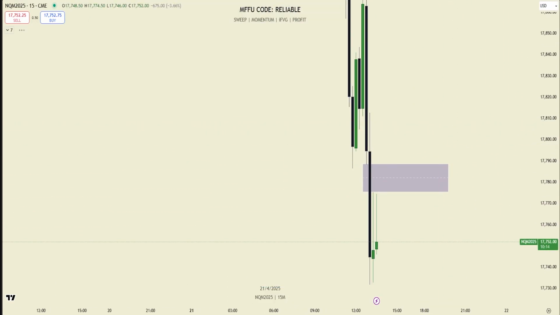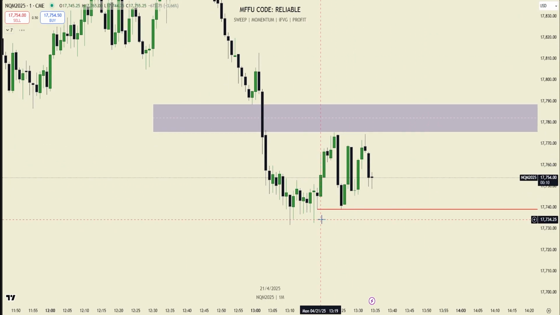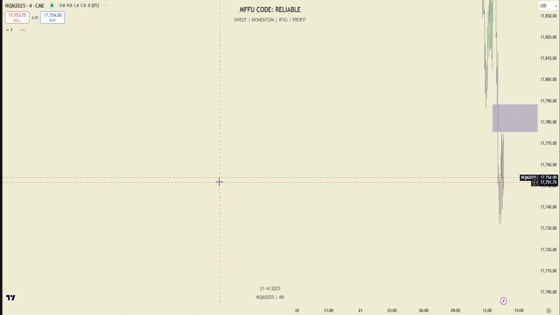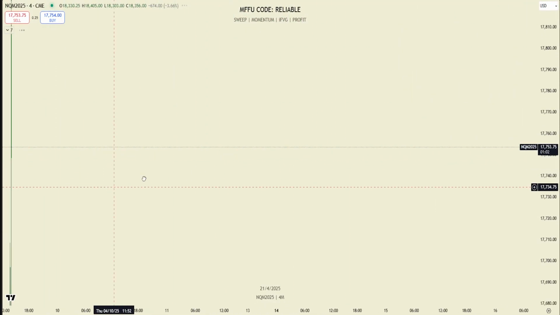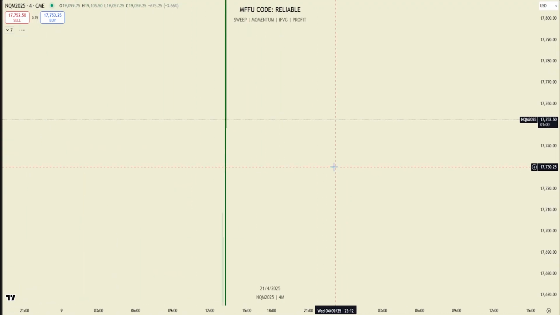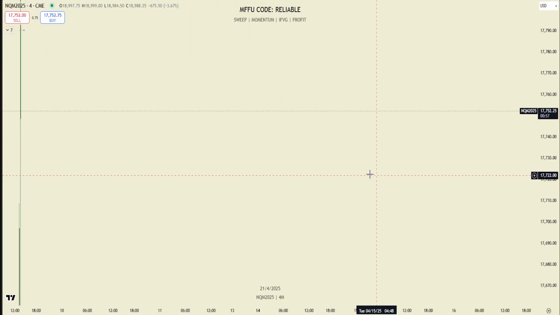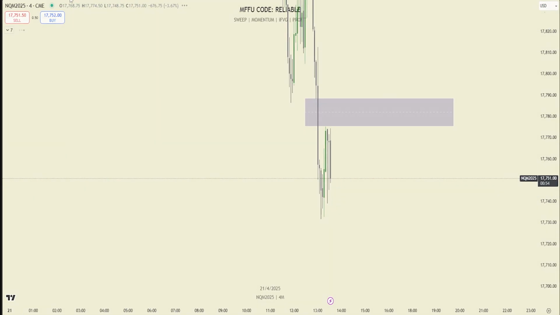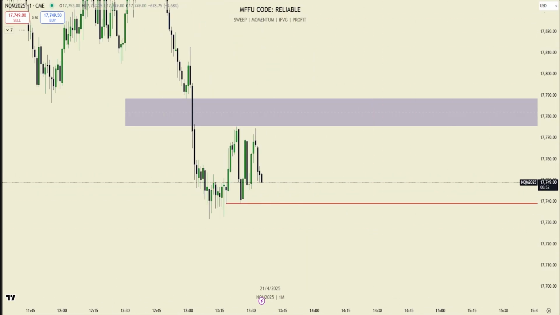But I'm going to be paying attention this afternoon to SMTs. If we get any obvious SMT off of a low, I'll anticipate a reversal. But we're just in this 4 hour right now without any obvious place for us to reverse. I can't really be long biased, but I also can't really be short biased, because we're probably too low to short when we're down here, at least. So I'm probably just going to sit here and wait.